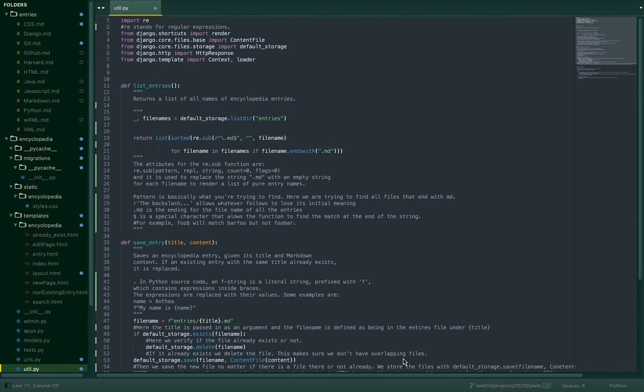Hi, today I'll be talking about util.py, which is all the shortcuts that are stored for views.py. So firstly, starting at the top, we import re. This stands for regular expressions, and we will use it later to sub in a blank space for creating the